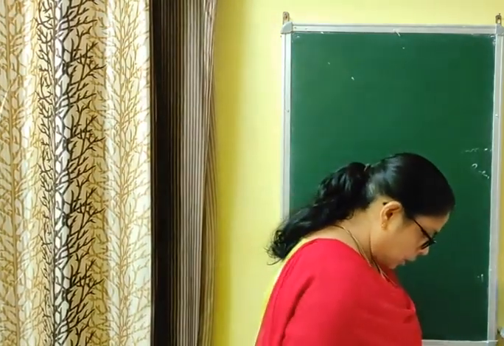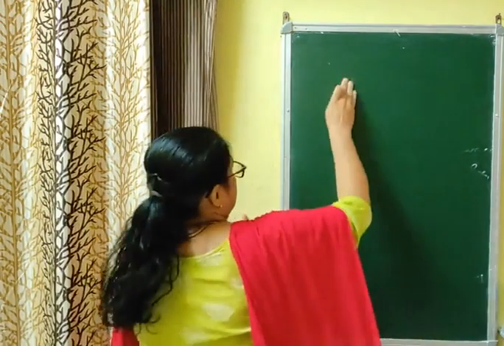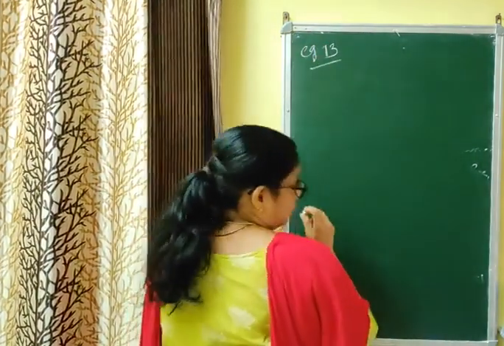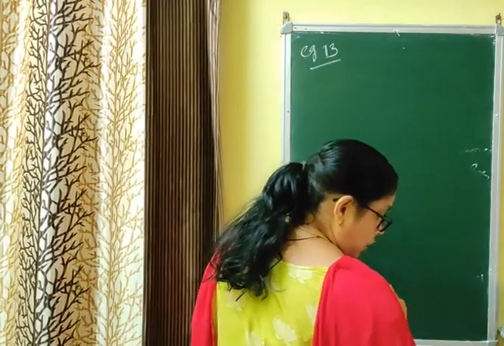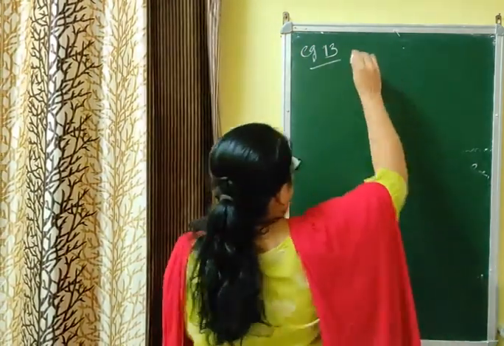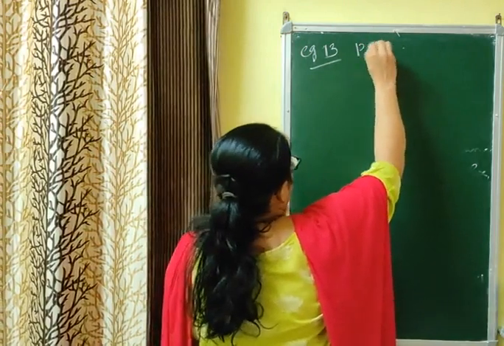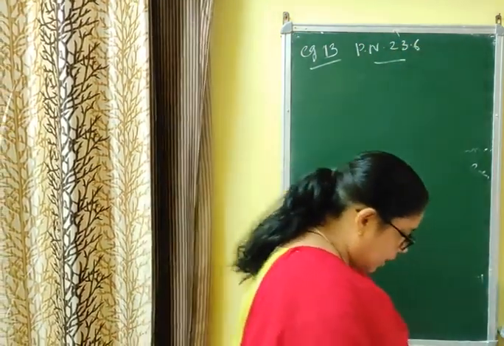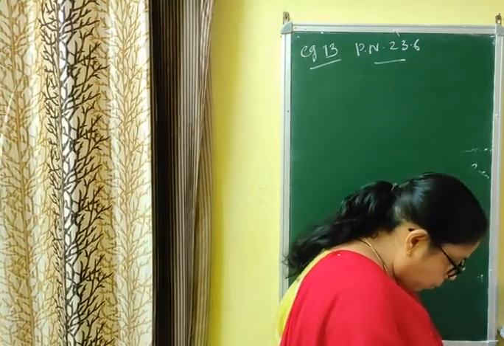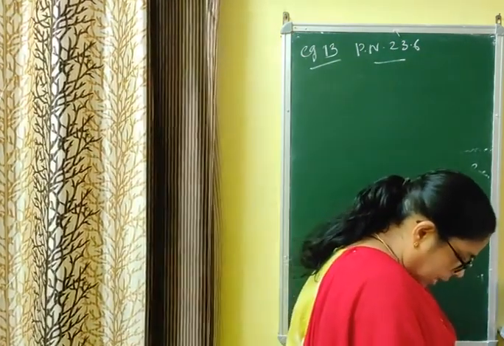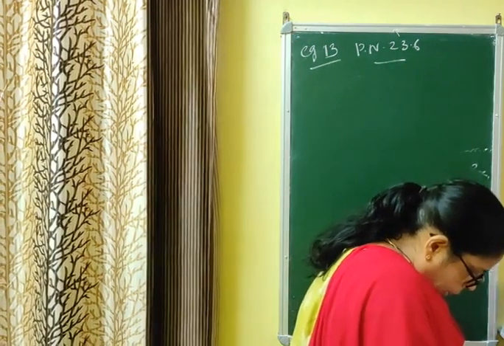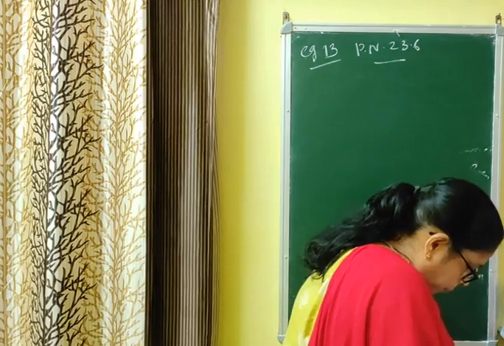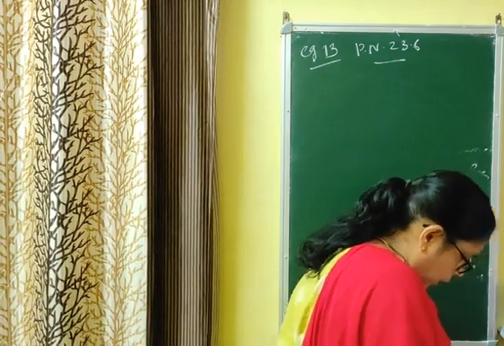Next question is, this question is example 13, level 2. Level 2 means little bit difficult. And in this question, some concept of physics is also coming. Example 13, page number 23.6. First of all, let me read the question. A ray of light passing through the point 1, 2 reflects on the x-axis at the point A, and the reflected ray passes through the point 5, 3. Find the coordinates of A.